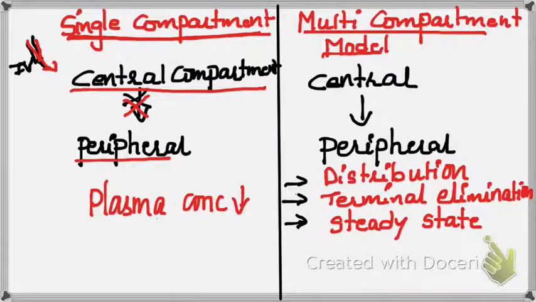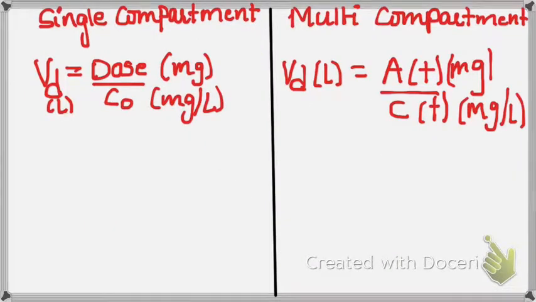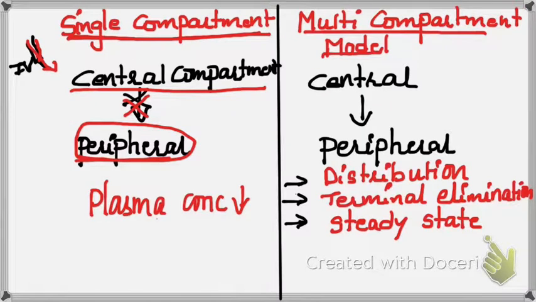Since drugs are not moving to the peripheral compartments, these drugs are said to exhibit central compartment model or single compartment model pharmacokinetics. For these types of drugs, volume of distribution is represented by a single value, which is the volume of distribution of the central compartment, which is the dose administered divided by the concentration at any given time. Only some drugs exhibit single compartment pharmacokinetics, but most of the drugs exhibit multi-compartment